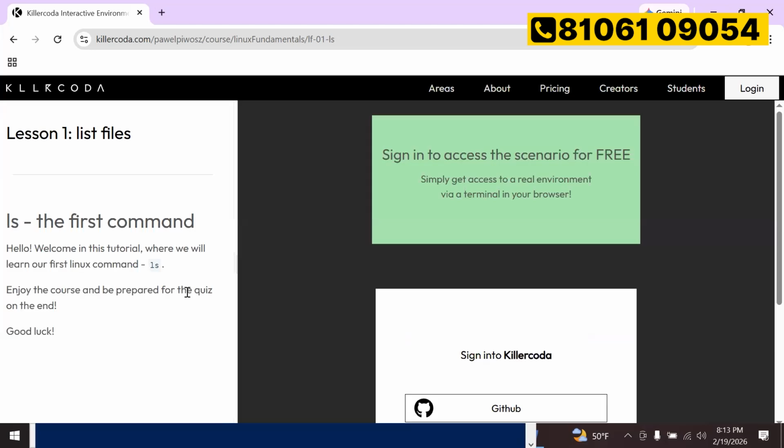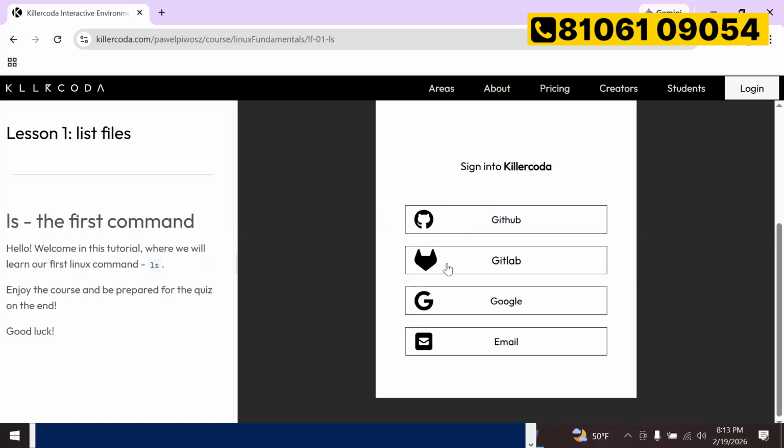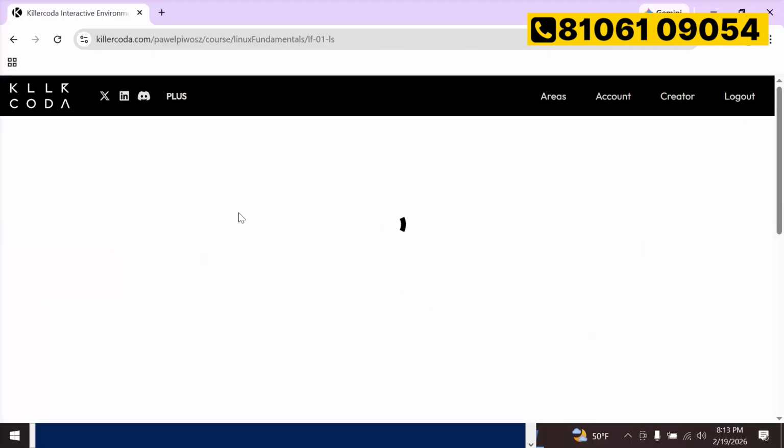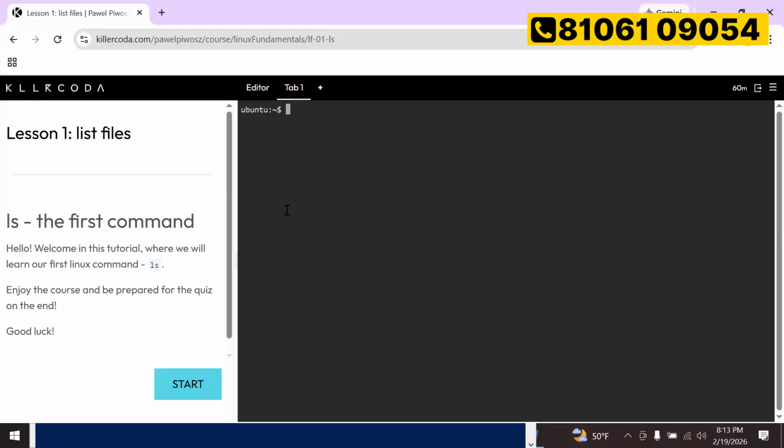Not only Linux, there are a lot of other activities we can do here. Once you log into KillerCoda, you can work with Ubuntu, which is another operating system type; we'll look at that. You can fire all your commands here. Let us say I'm running the command date here, and it has responded with the output.